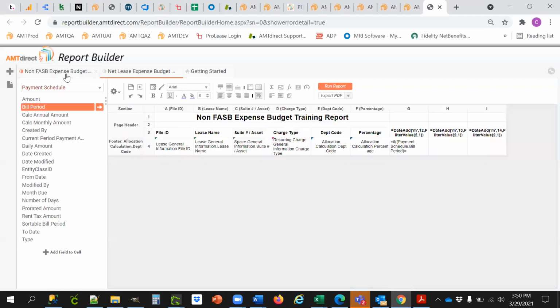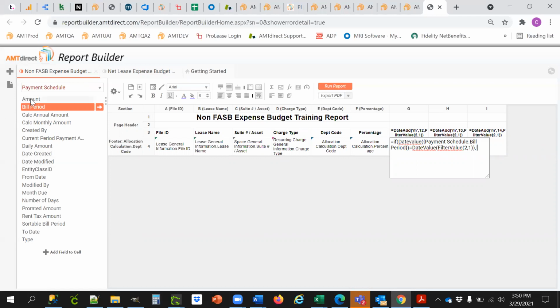Date value. I probably want this to be date value as well. Equals the date value of filter value to 1,